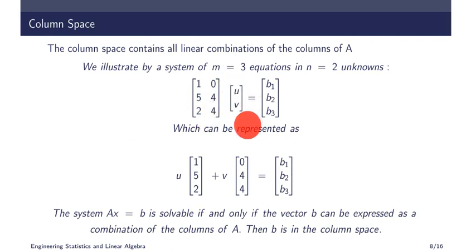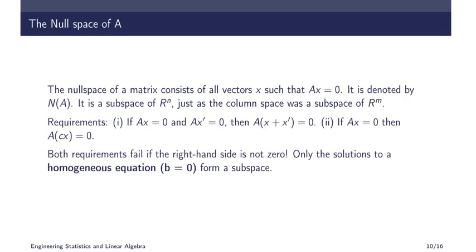Now if you put a 0 here, then you multiply this one, all the elements will be 0, 0, 0. Now the condition, instead of Ax is equal to B, for null space what we want is Ax is equal to 0. Here remember the difference. For the column space, all the possible values of B which gives Ax is equal to B is a column space, and all the possible values of x which gives Ax is equal to 0 is the null space.